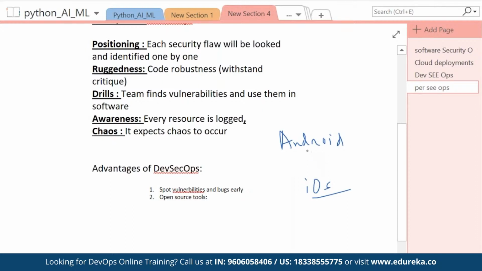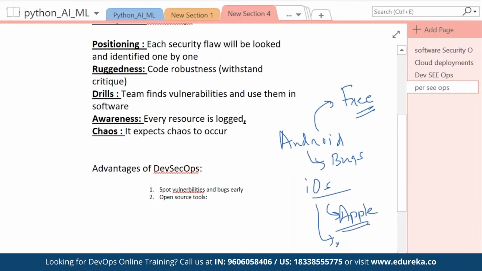Apple uses iOS. Now Android, you all know, will have a lot of bugs, but the advantage is it is free. Anyone can install it. iOS is a paid software from Apple. It's a proprietary software of Apple. It has better security features, right? Now, Android, which is free, which is open source,